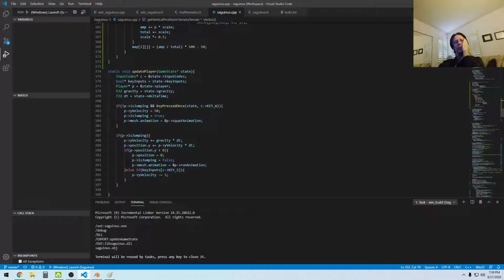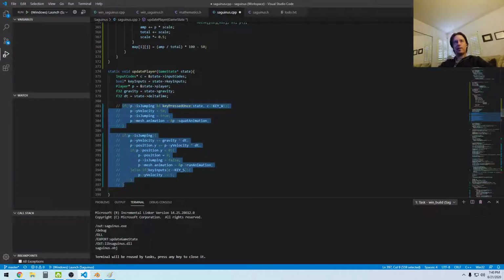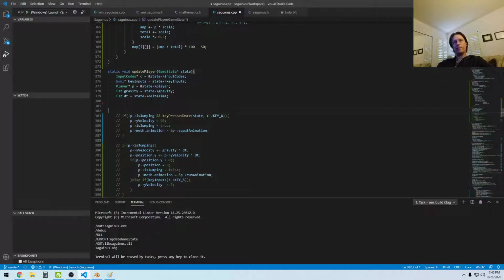Okay, so where I'm updating my player, I'm not going to worry about jumping anymore. It's going to be a waste, but every frame I'm going to calculate the player's position on that map. So F32, I'll call this Y is equal to get vertical position on terrain, pass in the state's terrain, and then